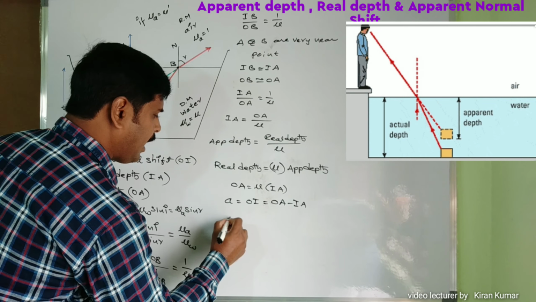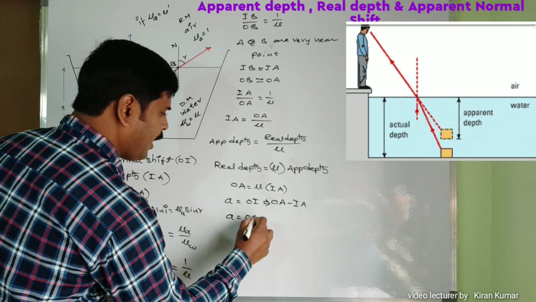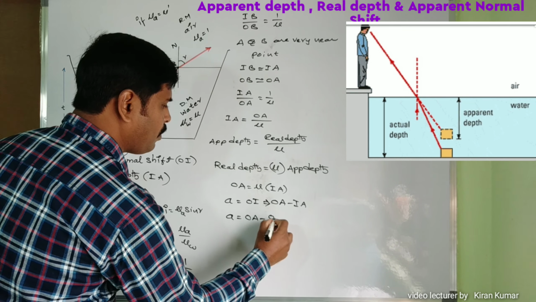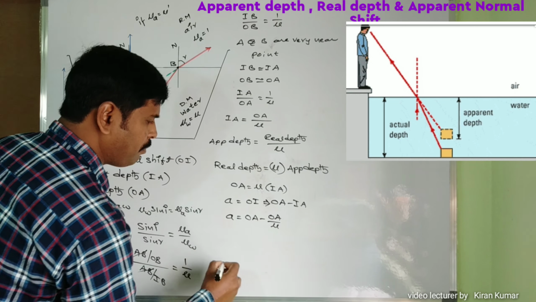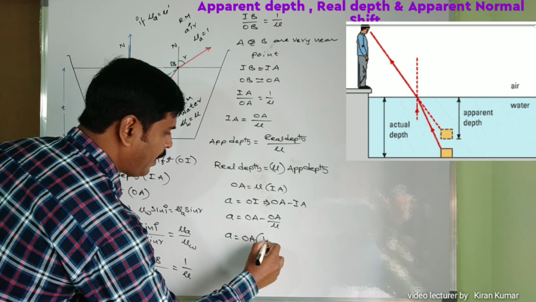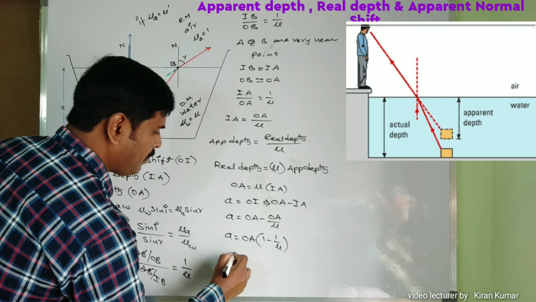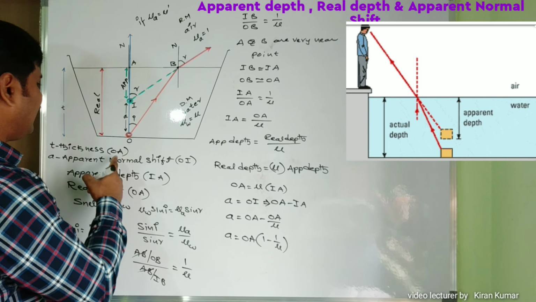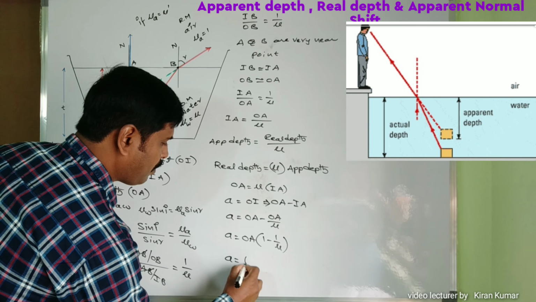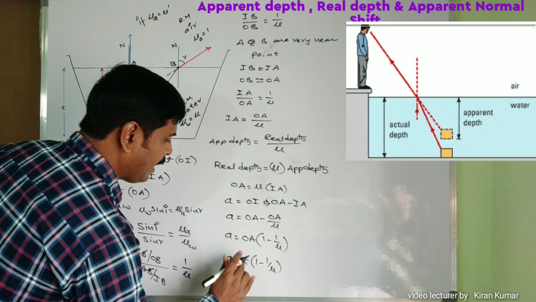Now A equals OA minus IA, replacing the value, OA minus OA divided by mu. So A equals OA common, then 1 minus 1 divided by mu. We know the OA value is the thickness, taken as T. So A equals T into 1 minus 1 by mu,